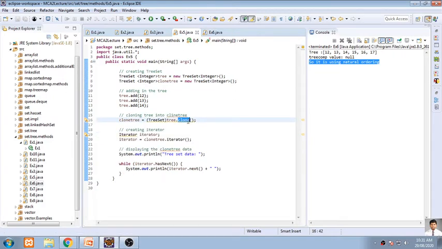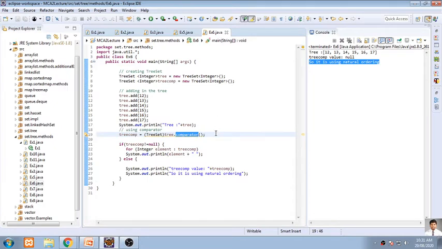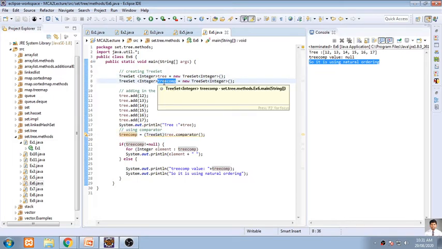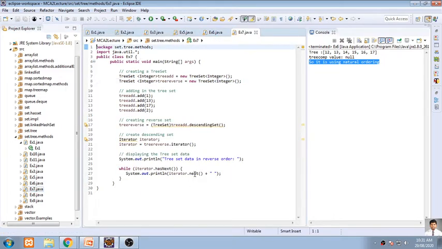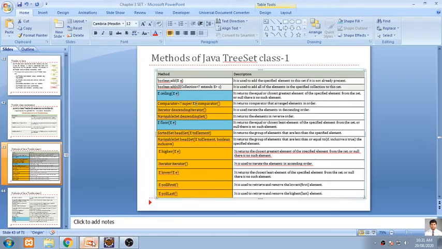Cloning is for the purpose of making a duplicate copy, and comparator is for comparing one object of tree set with another object of tree set. So are you clear with this? Okay.